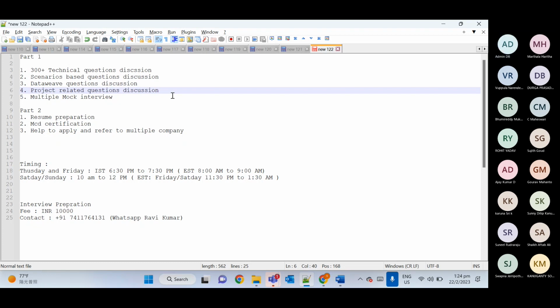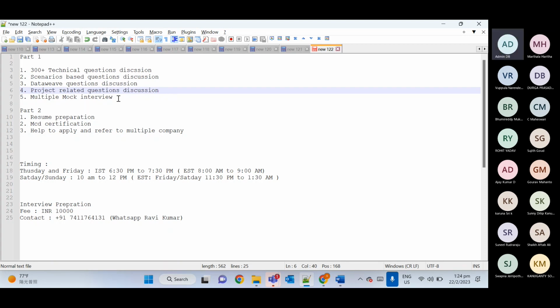Here they will ask project related questions, like what projects you have worked on, what APIs you developed. Then they may ask you to explain any one API in detail. Then they will ask what challenges you faced. They will ask about the source system and target system. In this way there will be some questions and cross questions also. So we will be ready for everything.